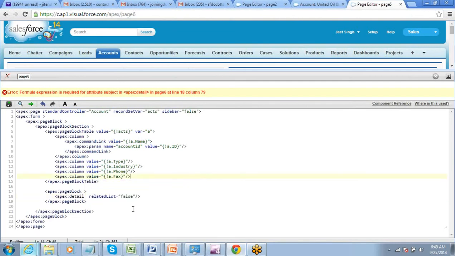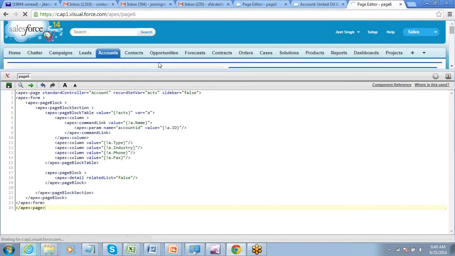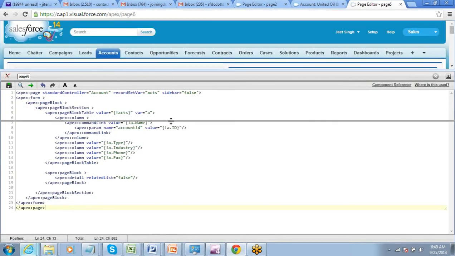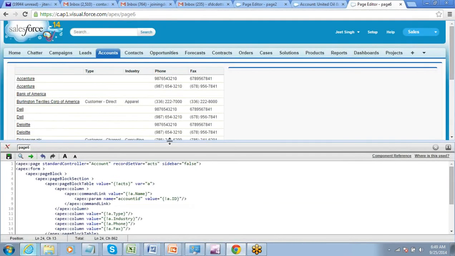Alright, we'll not pass the ID directly, but the point is that if you pass an ID to this, it can show you the details of that particular record, right? So that is what a detail component does.